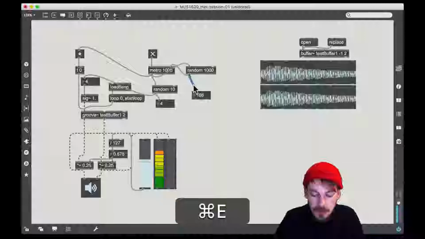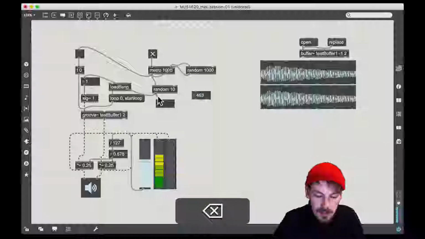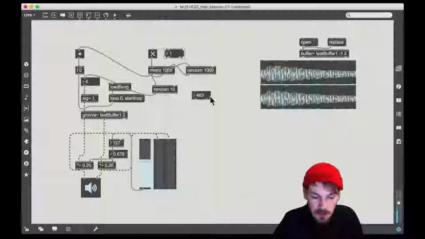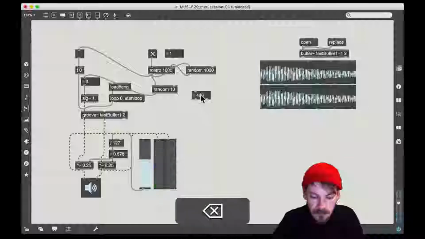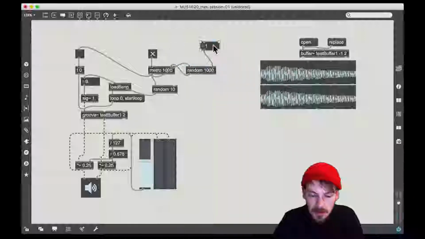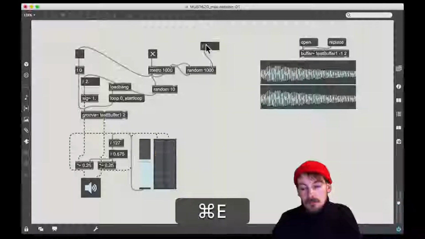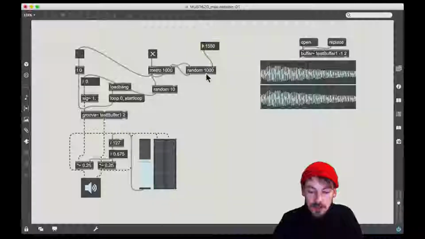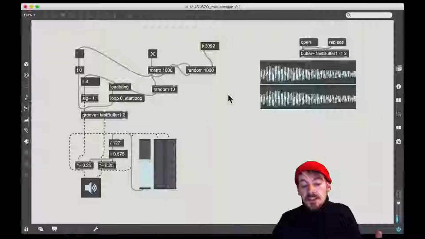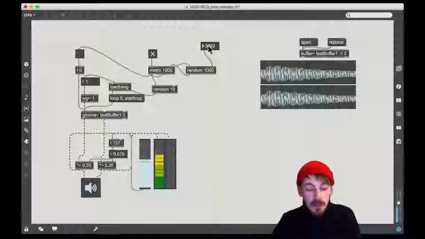So if I were to get rid of these as outputs, we could, sorry, let's get rid of that. We can change the size of our random range with another integer. So I could say, let's take much longer. This is 3 seconds effectively as the maximum limit of our sample triggering. Or we could take it right down. We could make a lot of much quicker